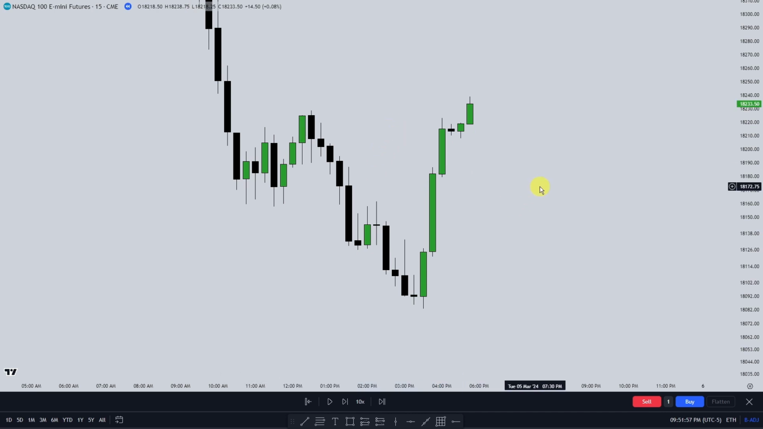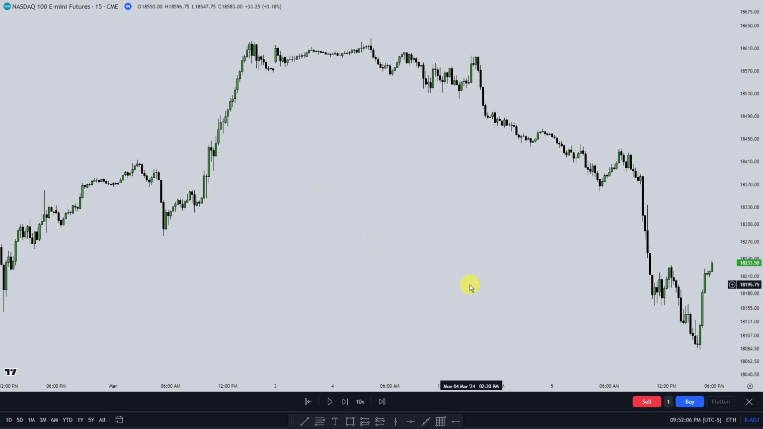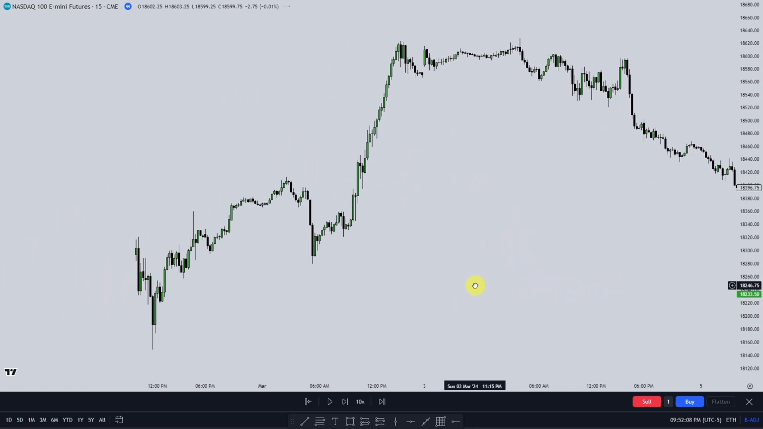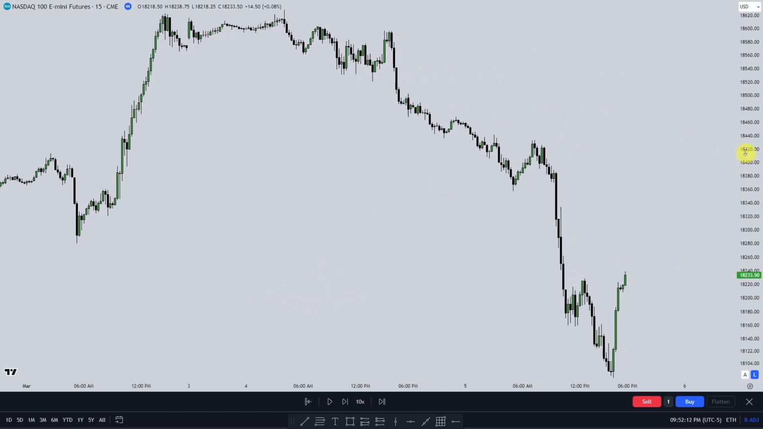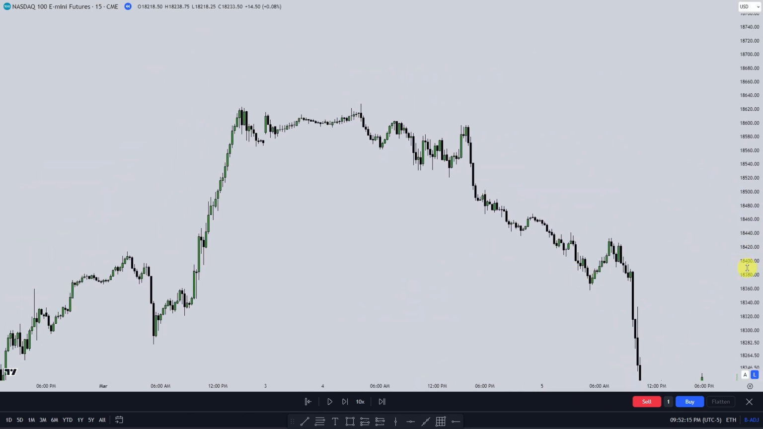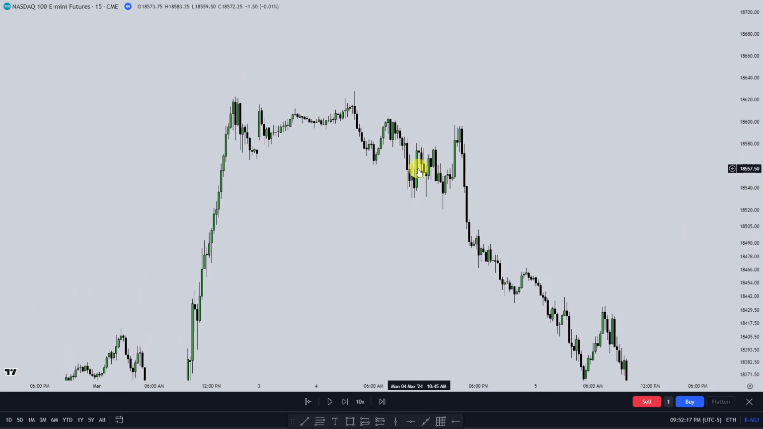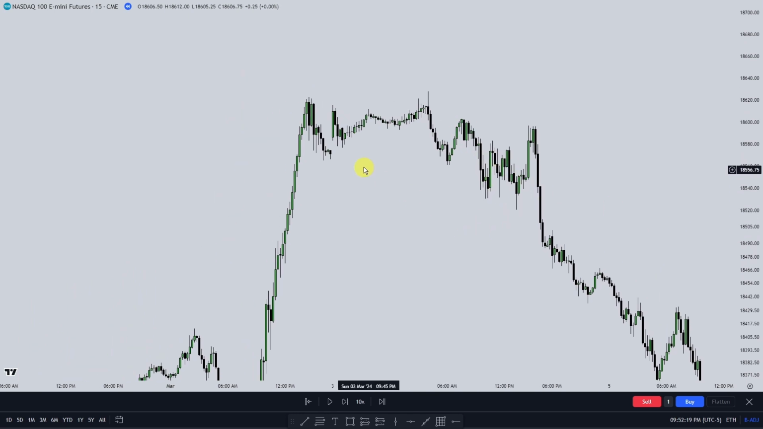Now, I know I told you guys earlier, displacement is the key difference between market structure shifts and liquidity grabs, but I think there's a lot of people out there that would rather visually see it than just getting shown a PDF or whatever. So